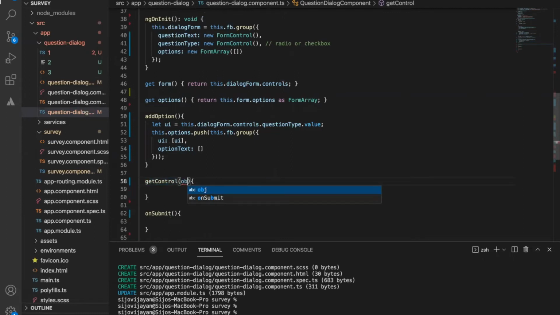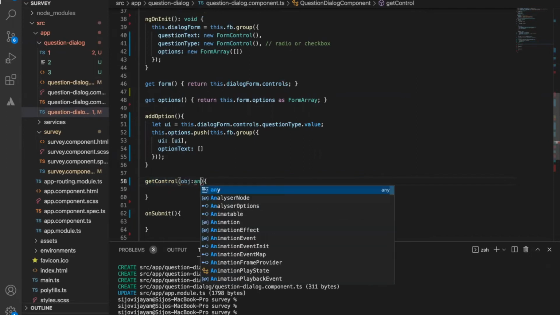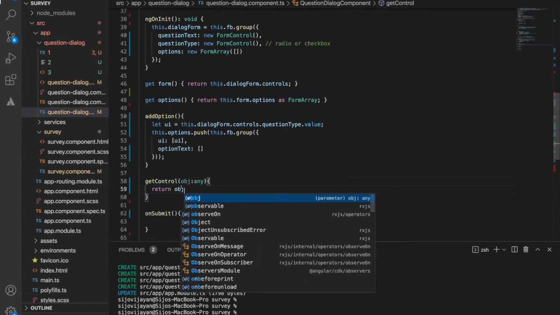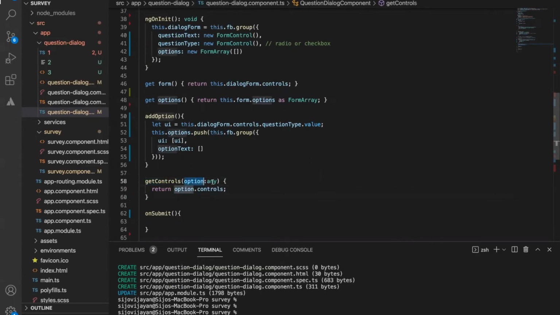Into this, we need to pass some value, obj colon any type. So this is a small trick. Probably we should put it like a getter. Okay, let me modify this in another way, like this: get controls, option any, option dot control. So basically, it will return the controls.